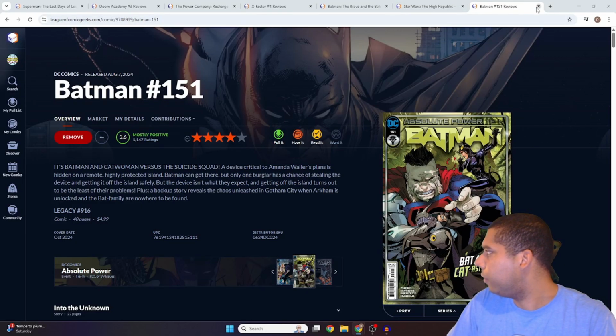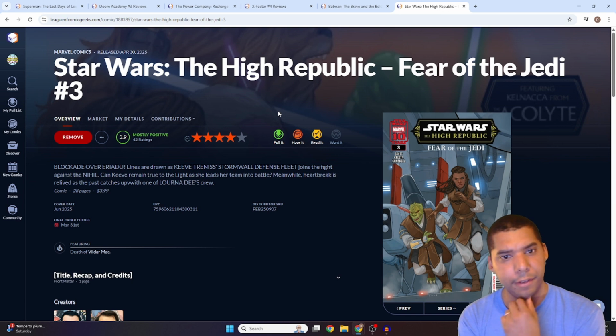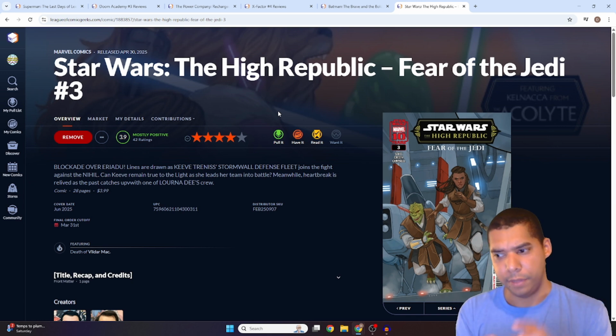So this book here, if we flip over, I gave it a 4. Lee gave it a 3.9. For this blockade, they start off in kind of their usual way of sending out all the fighter jets and